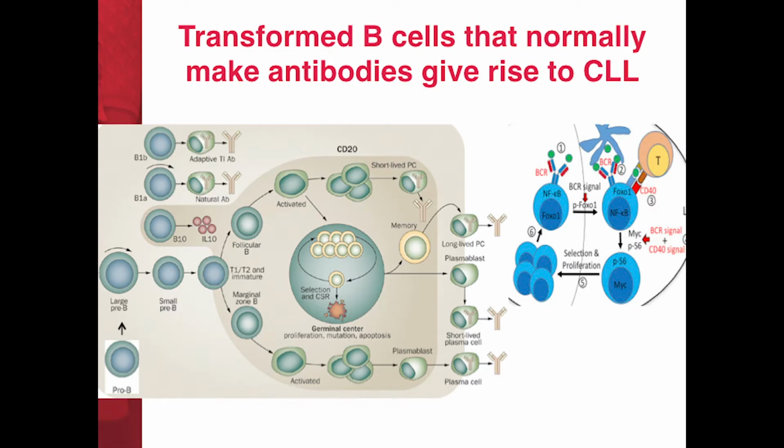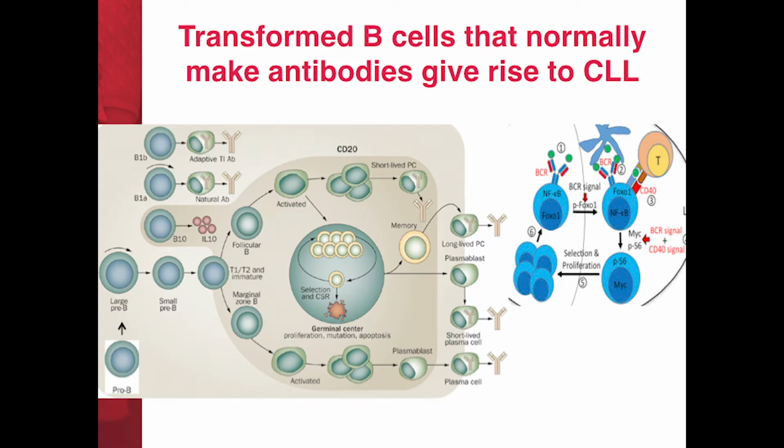So they express on their surface a molecule called the B cell receptor. And the B cell receptor represents target molecules, abnormal molecules that are found on the surface of infectious agents like bacteria and viruses. And so there are millions of different potential targets on these microorganisms, and consequently there's millions of different B cell receptors. And so as the B cell is trafficking through the body in and out of lymph